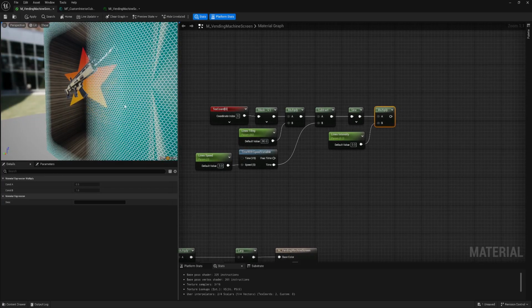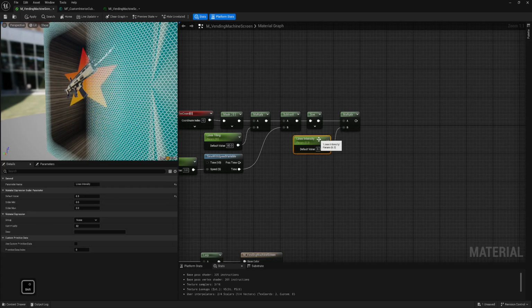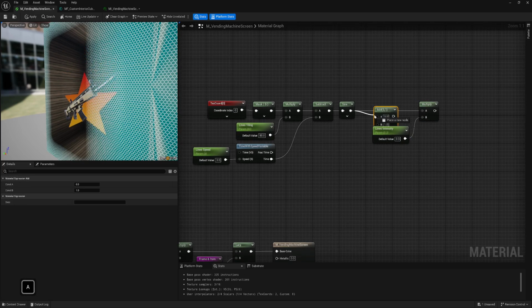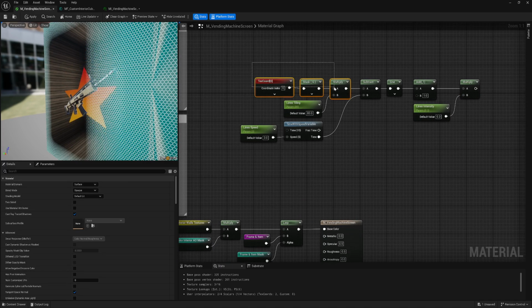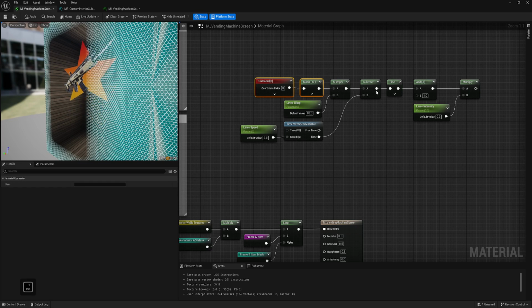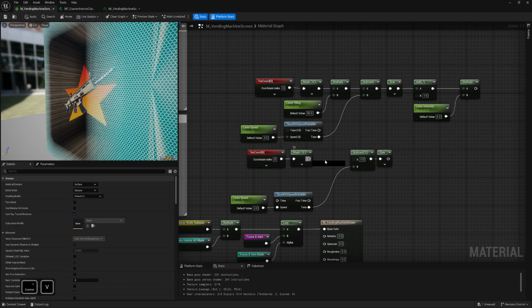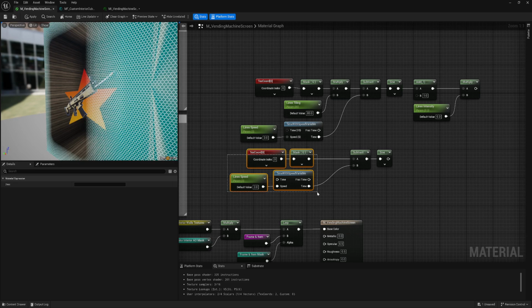Now what I want to add is maybe one thick line sometimes going down. Let's grab this. I don't need multiplication, but I need subtraction because it will move as well. And I need sine, because it will be only one line.